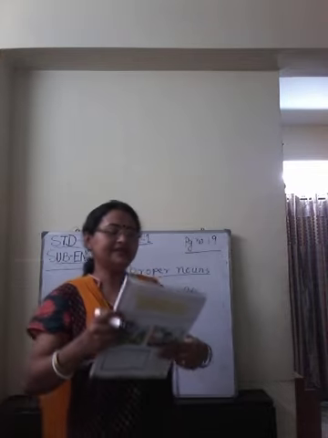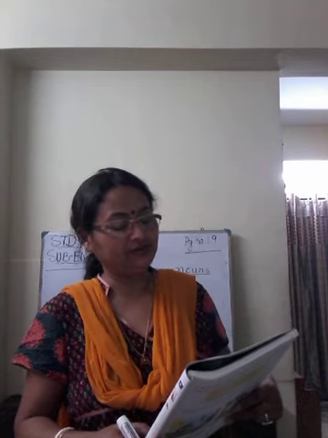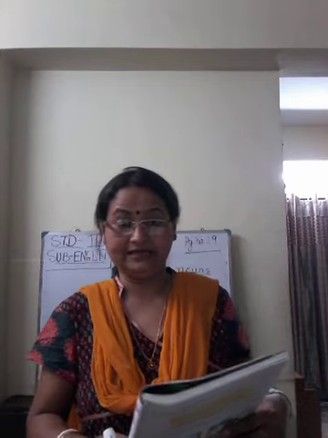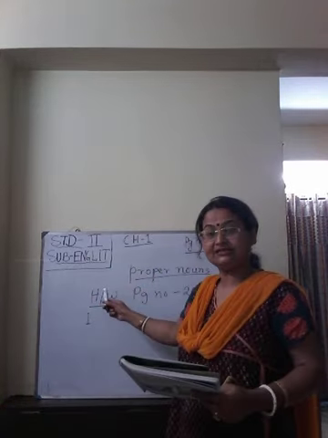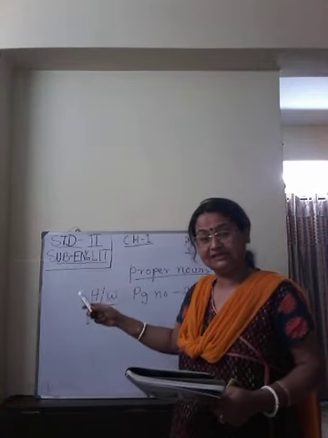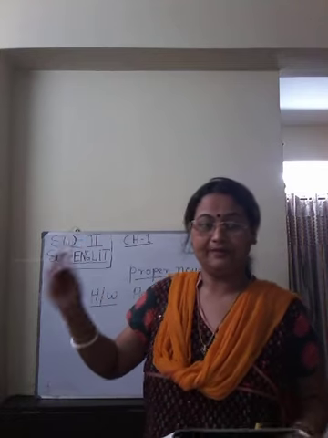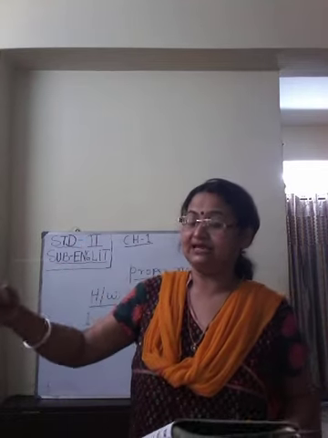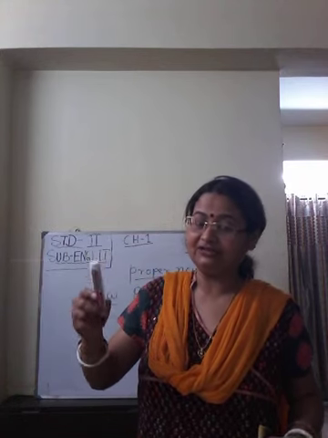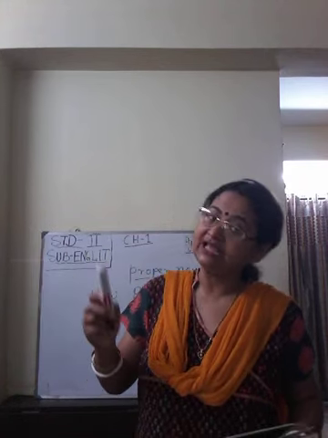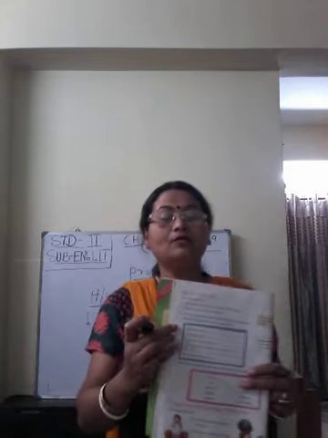Write a special name for each thing on the list given below. Remember to use capital letters. Children, always remember that for a proper noun, the first letter always starts with a capital letter. Suppose Kolkata, K will be capital always. If I am taking someone's name, Ravi, Ram, Sham, whatever, the first letter of each word will be a capital letter. Okay. So see, number 1 is your homework.